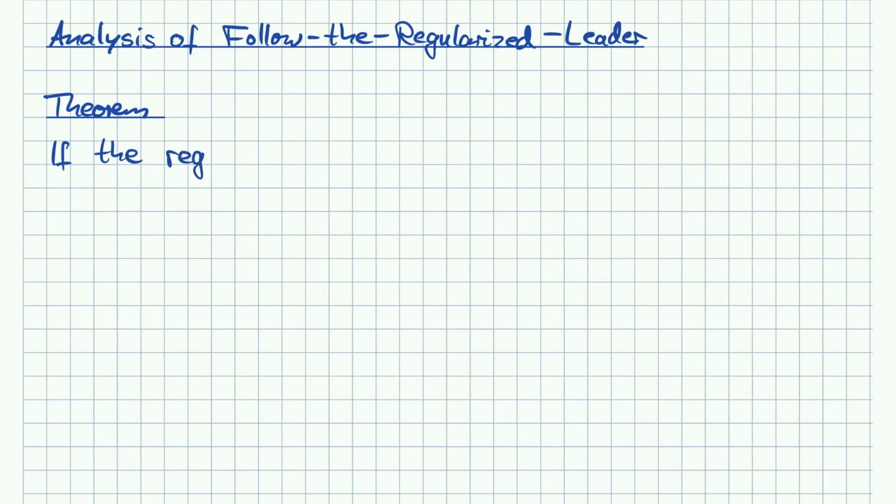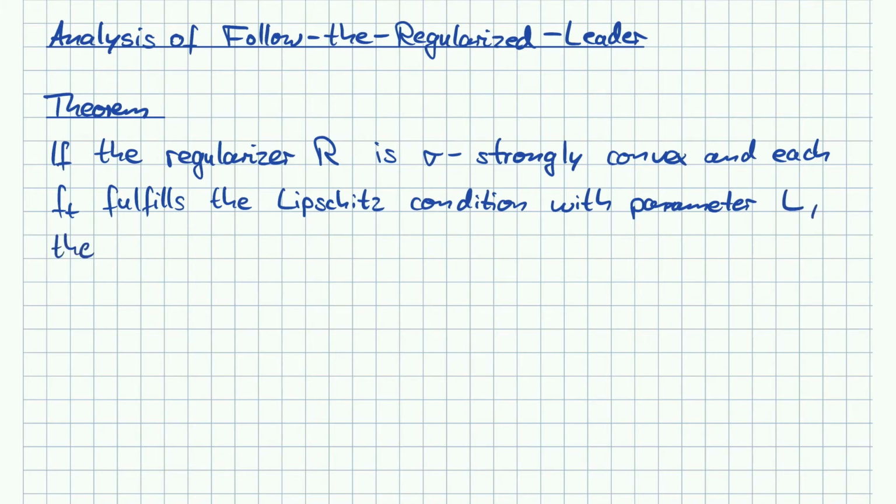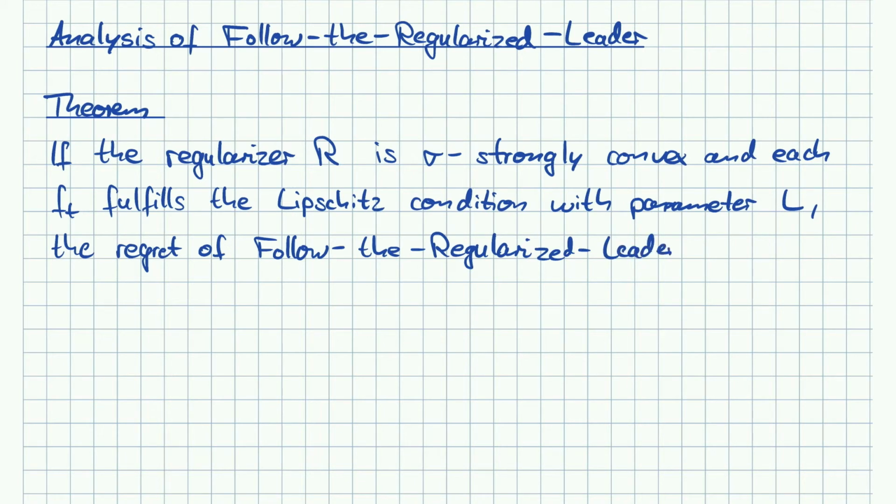If the regularizer R is sigma strongly convex, and each f_t fulfills the Lipschitz condition with parameter L, the regret of follow the regularized leader is bounded by